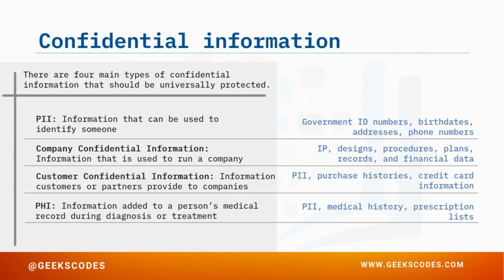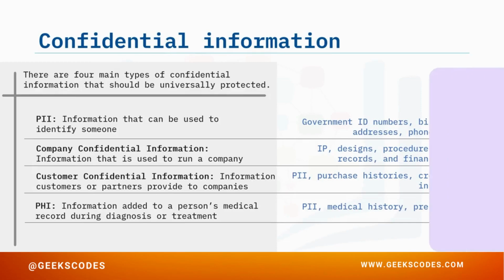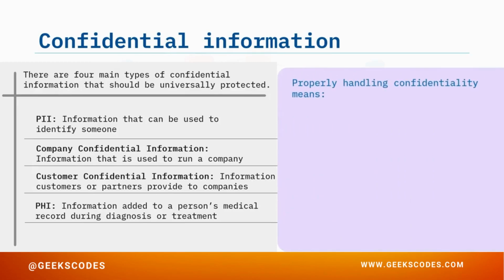Examples of careless data handling include things like entering a customer's credit card information into an unencrypted database, leaving a patient's medical file unattended at a front desk, or letting a work friend borrow your password to download files because they forgot theirs. Properly handling confidentiality means restricting access to only those who need the information, not allowing unauthorized views